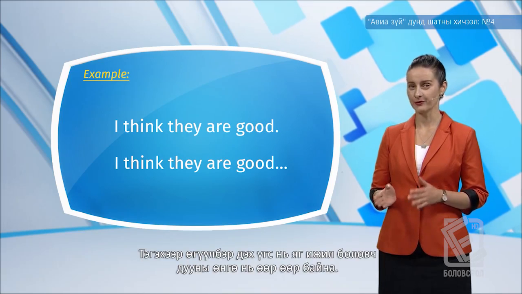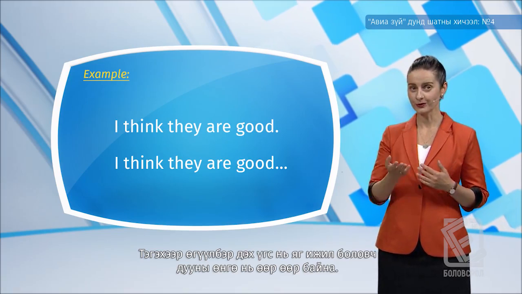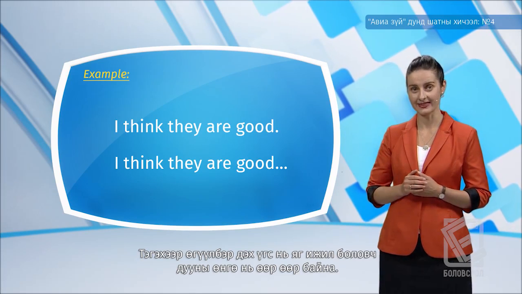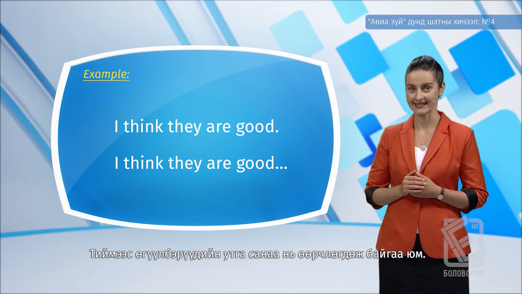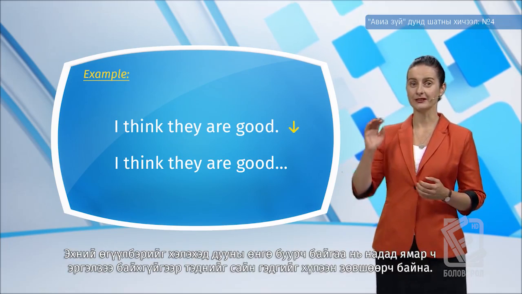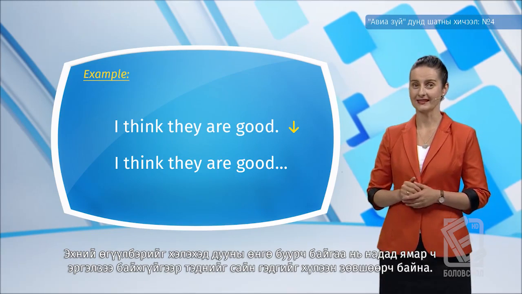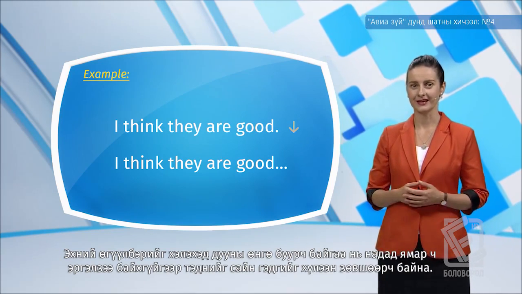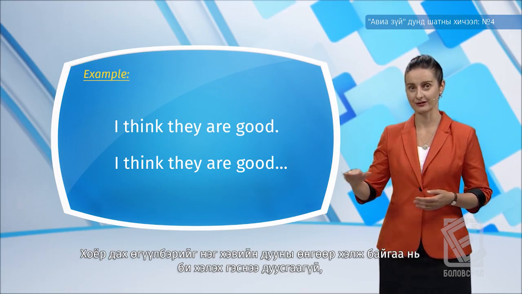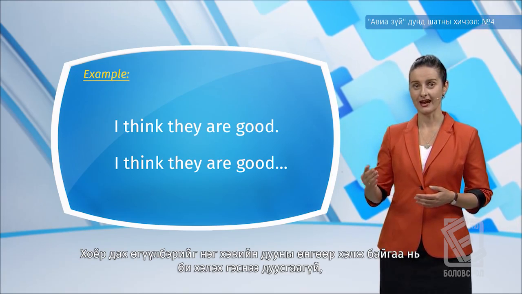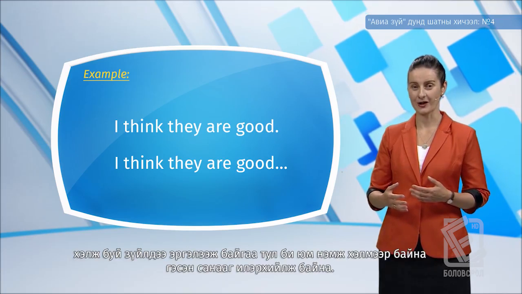Now, you can see that the words are exactly the same in these sentences, but because the tone of my voice was different in the two sentences, we have a very different meaning. In the first case, I told with a falling tone of voice, I think they are good, which means that I have no doubt they are good. In the second sentence, I told the sentence with a flat tone of voice, which was showing that I want to continue this sentence. I will add something to it. So I have some doubt.